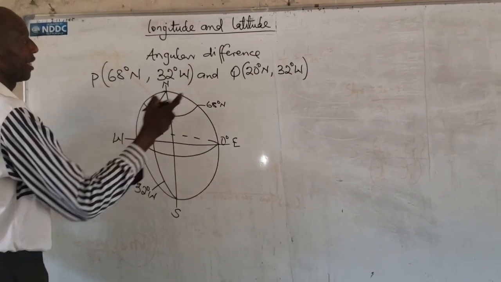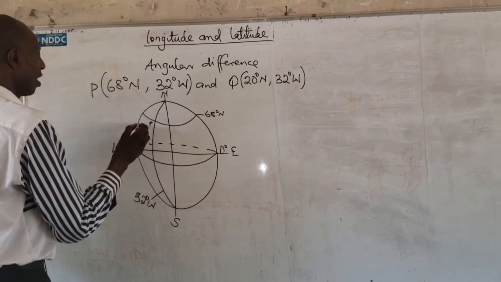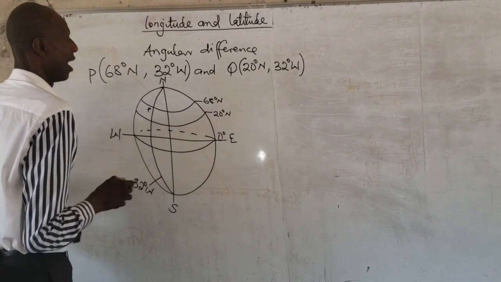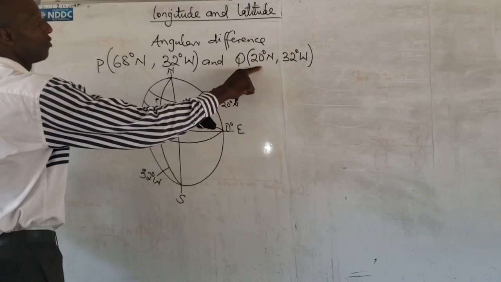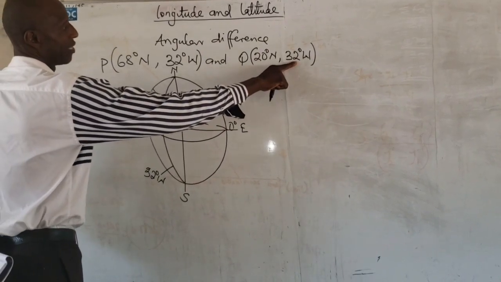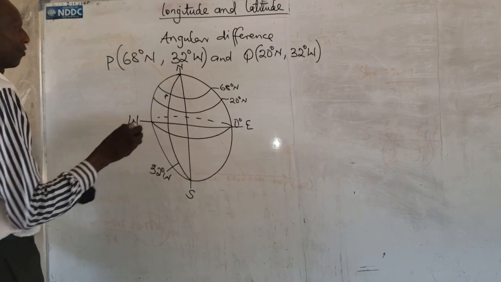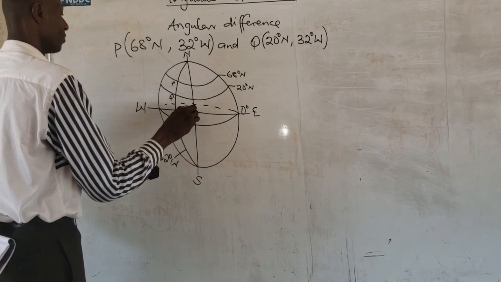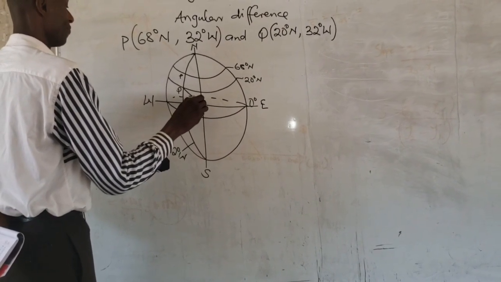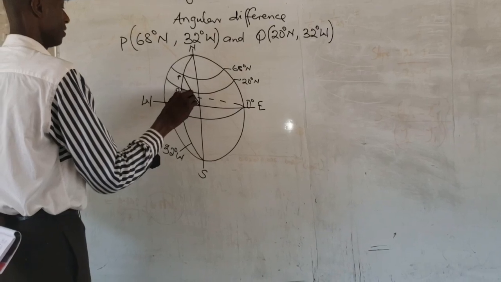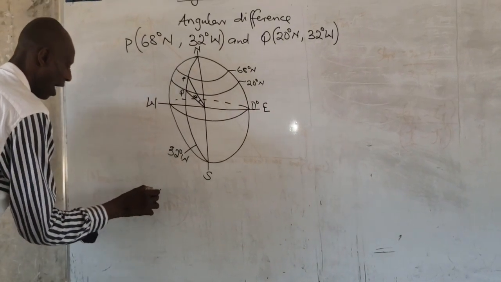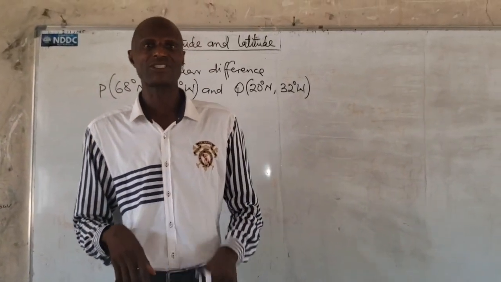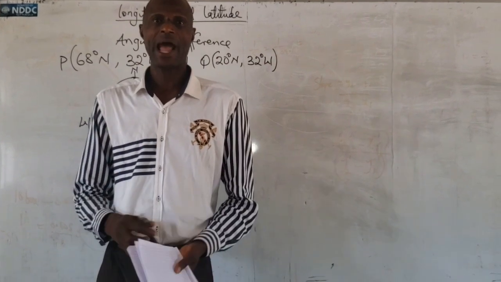The latitude of Q is 20 degrees north, so that will come down. Here is 20 degrees north. And the longitude is 32 degrees west. So both of them have it. So this is Q. This is the equator. I will draw from the equator to Q and from the equator to P. This is the angular distance, which is theta. In physics, we say like poles attract or like poles repel. I'm applying it